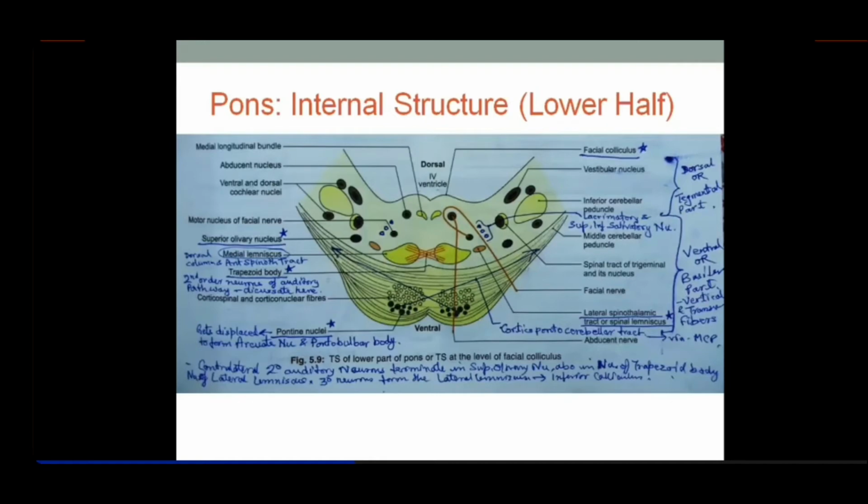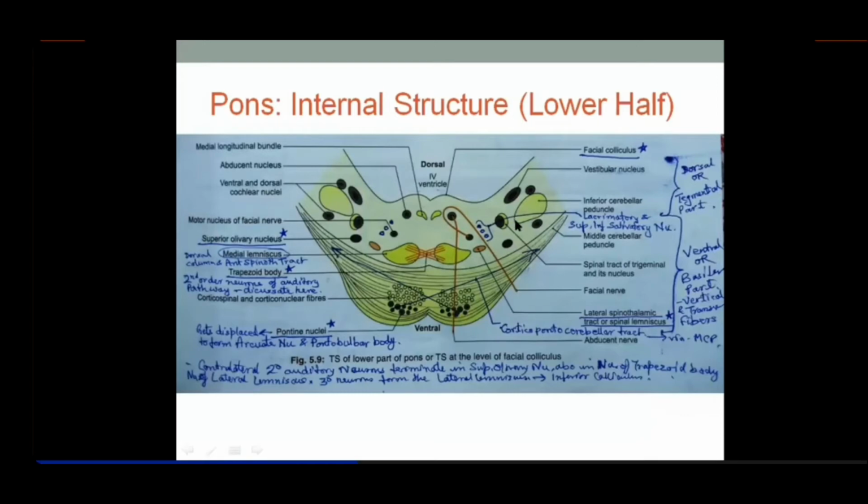Now, here also, this vestibular nucleus is actually a vestibular nuclear complex. I'll tell you in detail when I'll be teaching you about the eighth nerve. So here you have a medial and a lateral portion. You have subnuclei in this. There are four subnuclei in the vestibular nucleus: a medial and a lateral, a superior or rostral, and an inferior or caudal. The caudal or the inferior is also called the spinal portion.